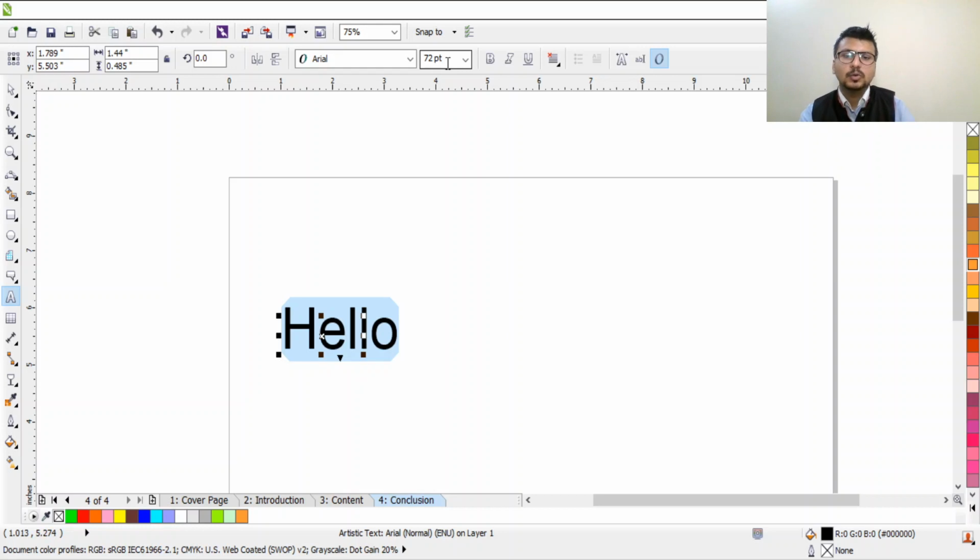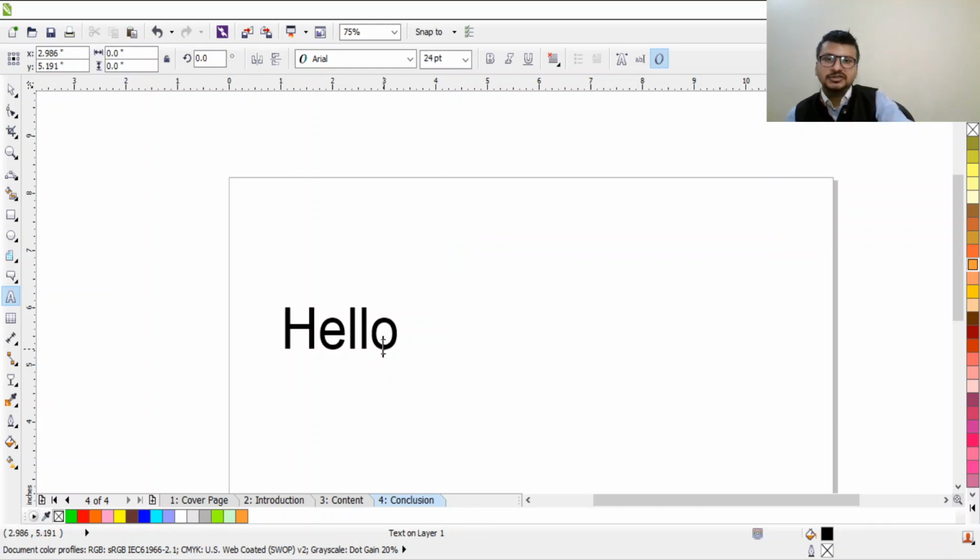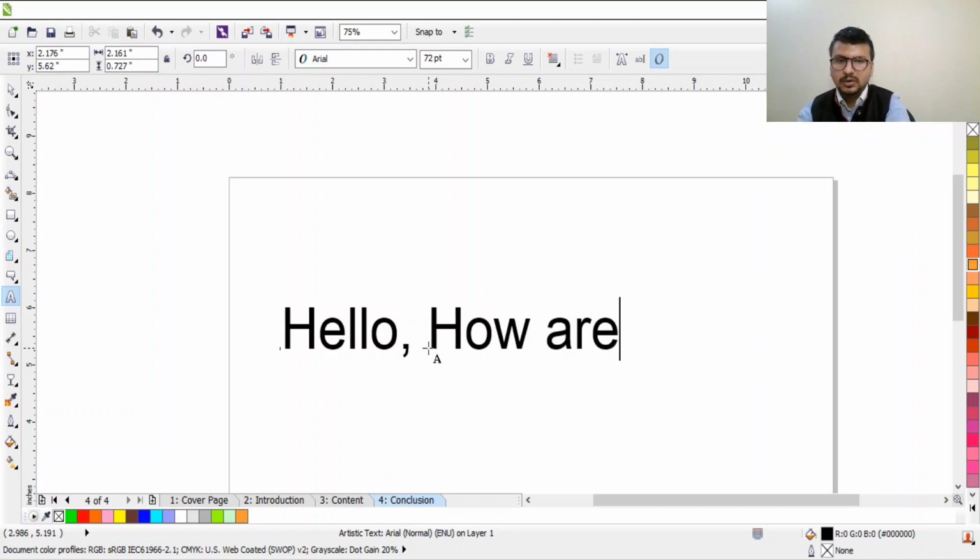When you print this hello and measure this letter with a centimeter scale or inch scale, the height of the h will be 1 inch when you are using 72 point. If you're using 36, just half of 72, then the size will be half an inch. So as per your requirement, you can change the font size and you'll get a relative idea about this. You can also change the font family, like hello. After writing this, hello, how are you?